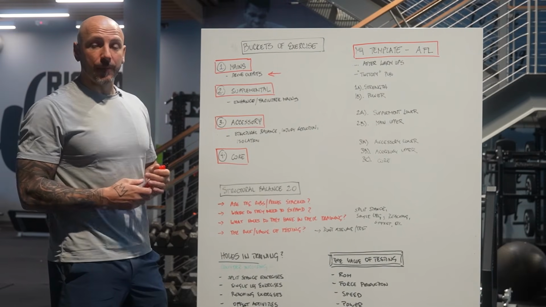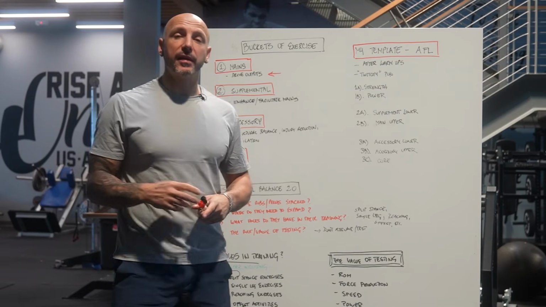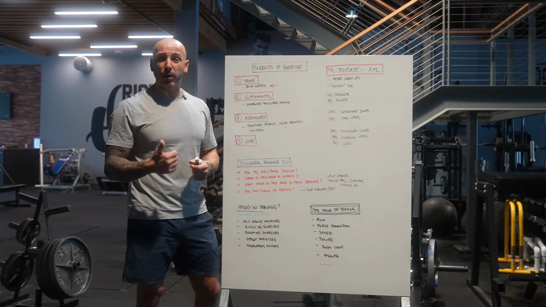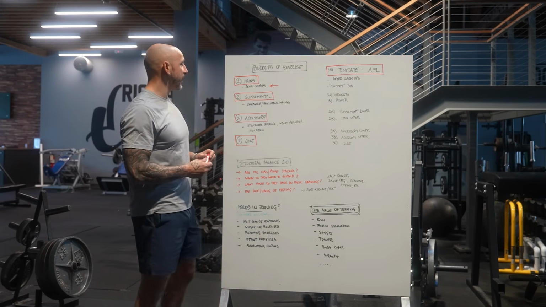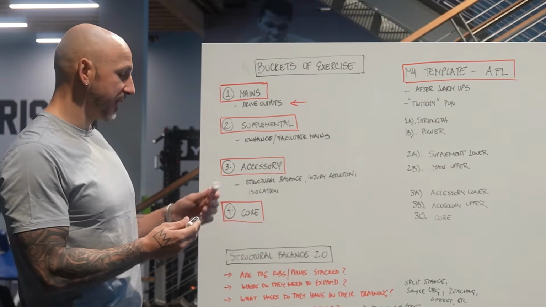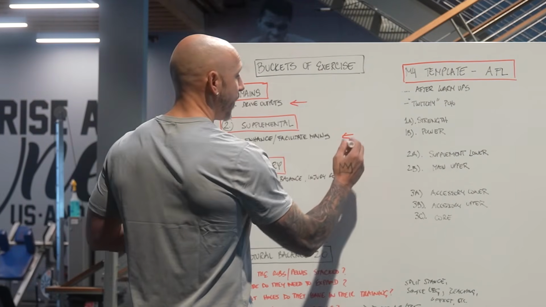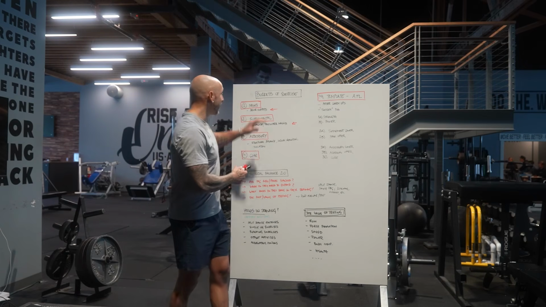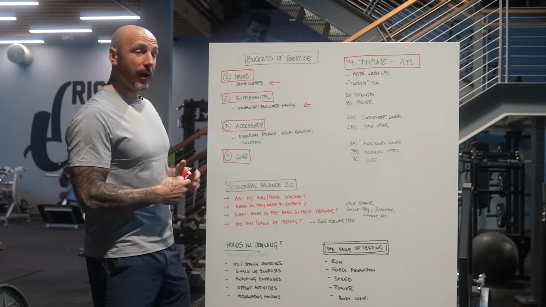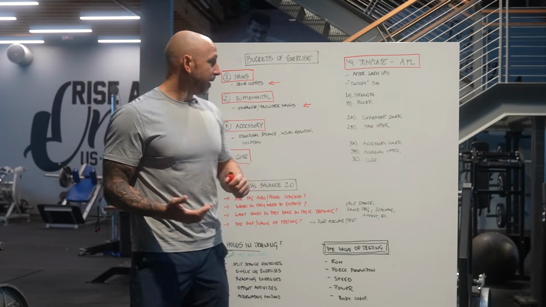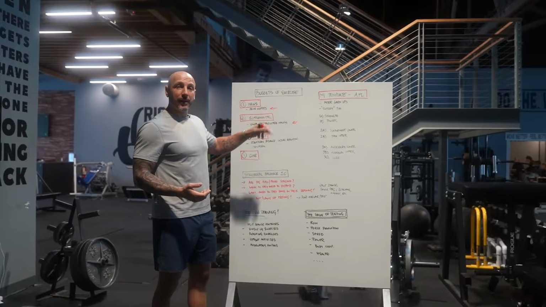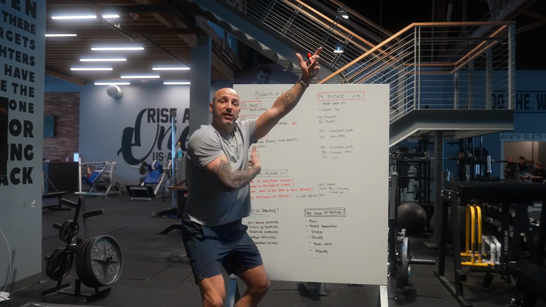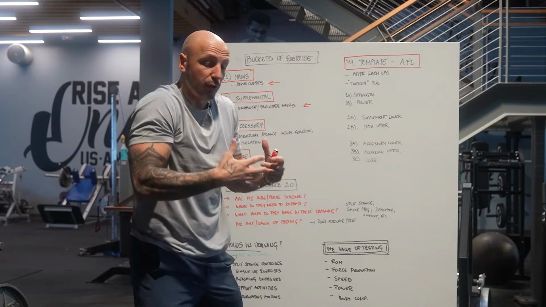But the main exercises, if my main for that day is going to be a trap bar deadlift or a front squat or whatever it may be, right? We're going to drive outputs. That might be strength, it might be power, it might be speed strength, it might be whatever the goal is. Supplement is going to enhance and facilitate mains, right? Now again, for instance, in a fat loss program, these might be very different, right? So I might have a main might be a goblet squat, and a supplement for the main might be a hanging squat, TRX squat with reach and just tuning the lats down, right? Because they're so tight in the lats.